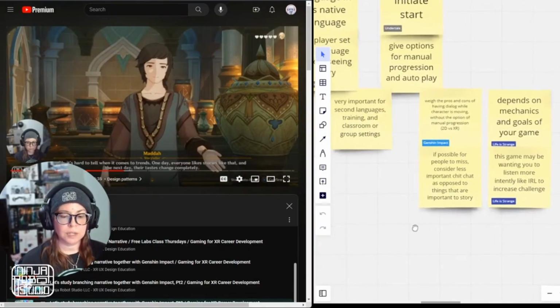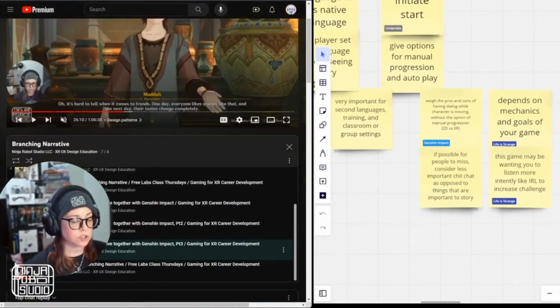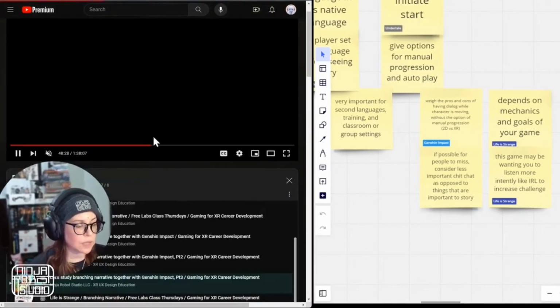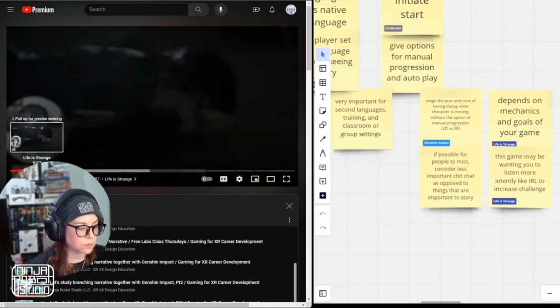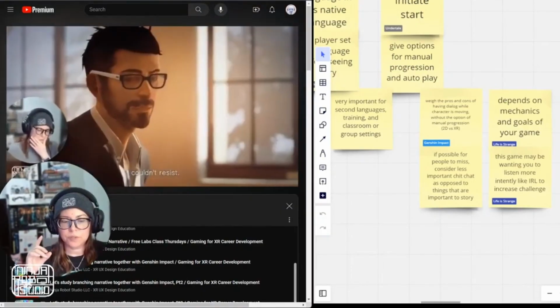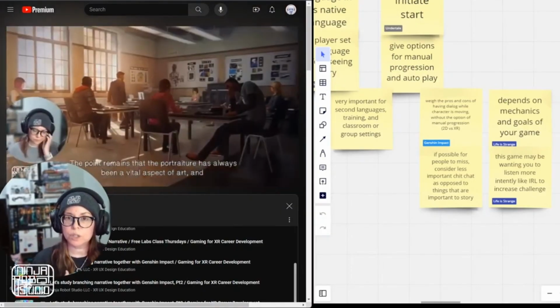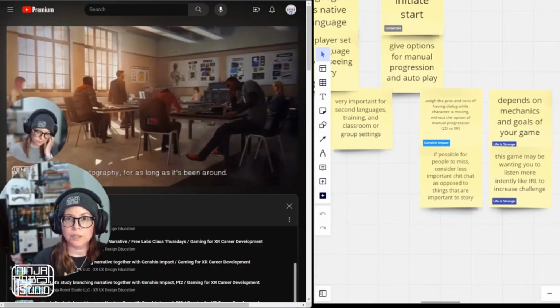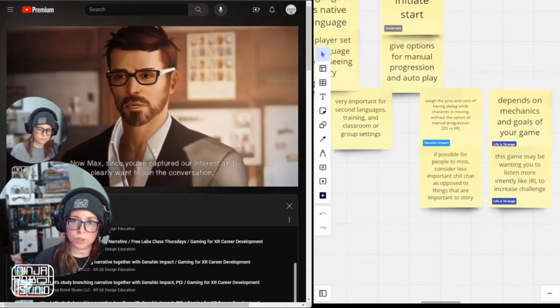And then, depending on the mechanics and the goal of your game, this is going to affect your decision on whether or not you do this. For example, in Life is Strange, there's a lot of background dialogue going on around the characters here in the classroom setting at the very beginning. The goal of this game, as we figured out while we're playing through it, is they actually want you to listen to that dialogue, but they don't have it set to where you have to pay attention to it. It's a choice.